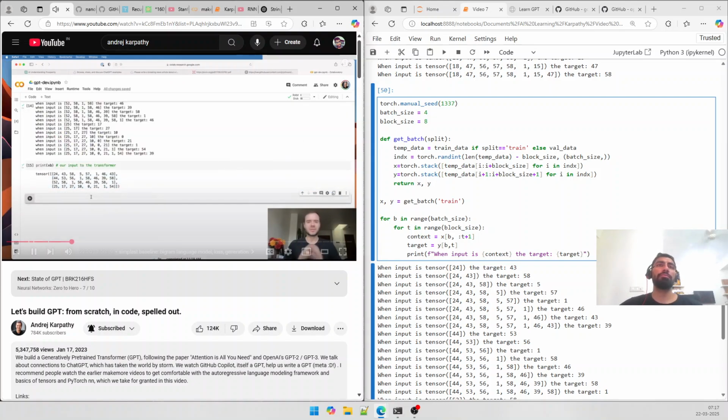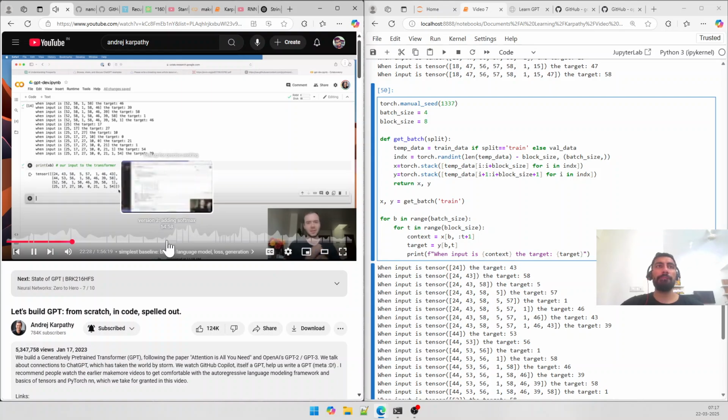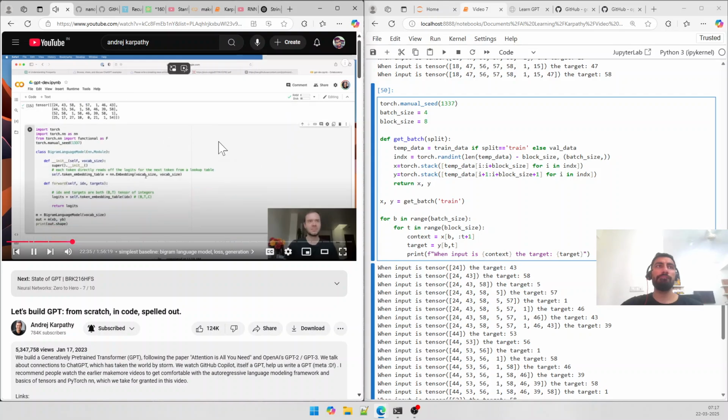Now we're going to start off with the simplest possible neural network, which in the case of language modeling, in my opinion, is the bigram language model. And we've covered the bigram language model in my makemore series in a lot of depth. And so here I'm going to sort of go faster, and let's just implement the PyTorch module directly that implements the bigram